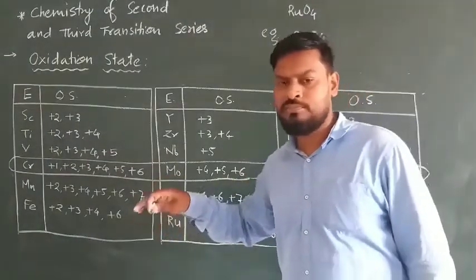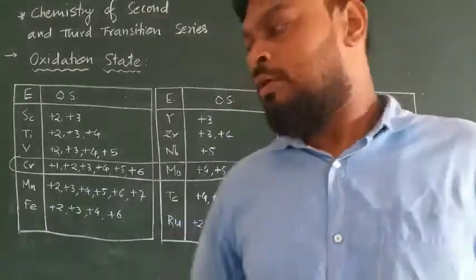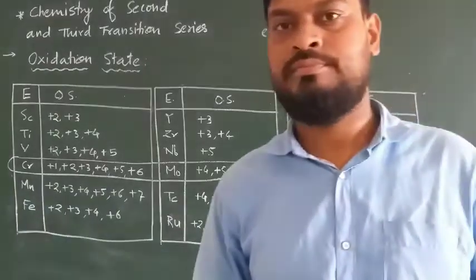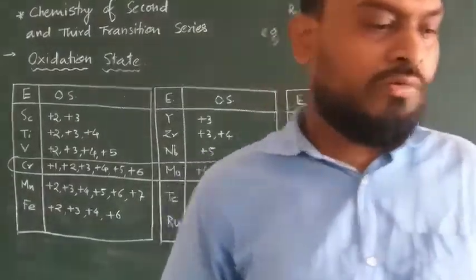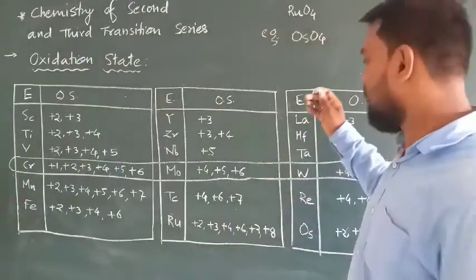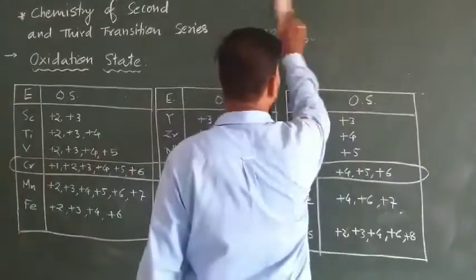But the properties of these three elements are not the same. What does it mean? It means if you take the example of chromium in the +6 state,